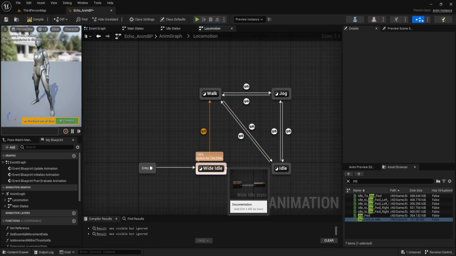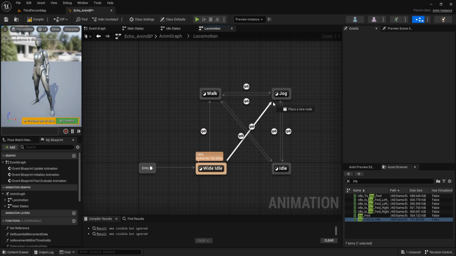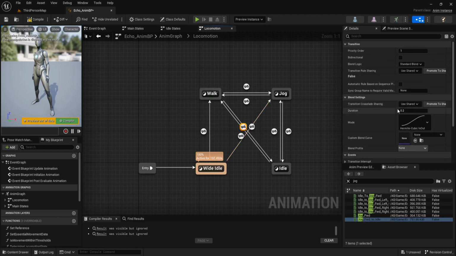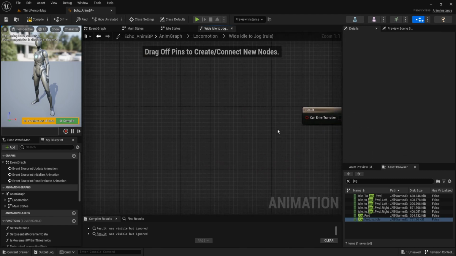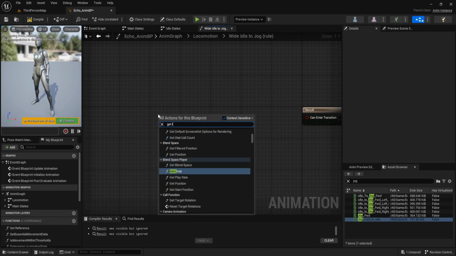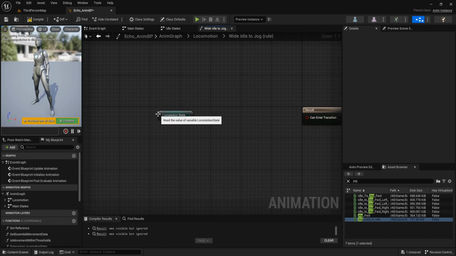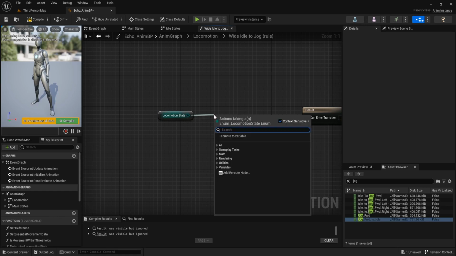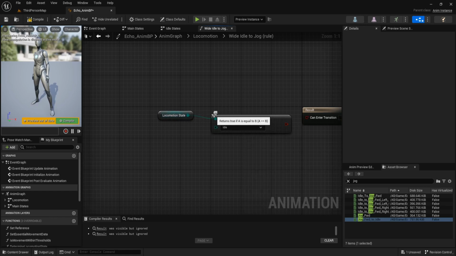And from this idle, make a transition and the duration is 0.2. Get locomotion state equal to the jog.